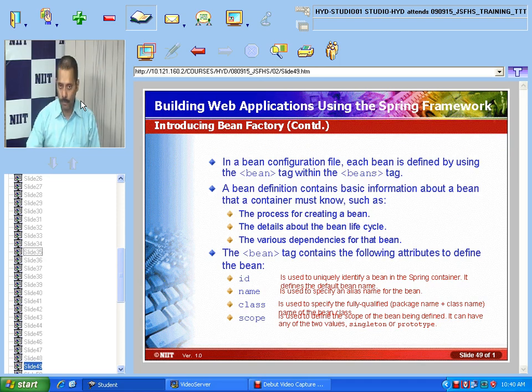In the JSP file, we write which particular bean factory file we need to use, and in that we specify which bean we want to use. Because in an XML file we can have many beans, but we may use only one of them, so that can be specified here. Am I clear?